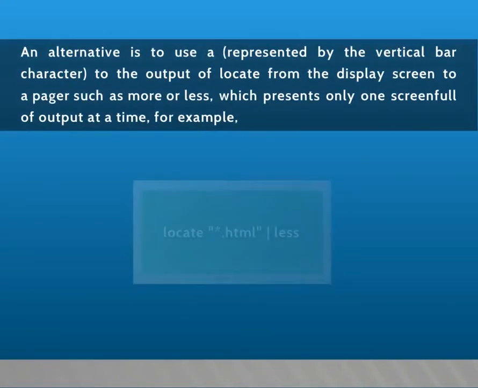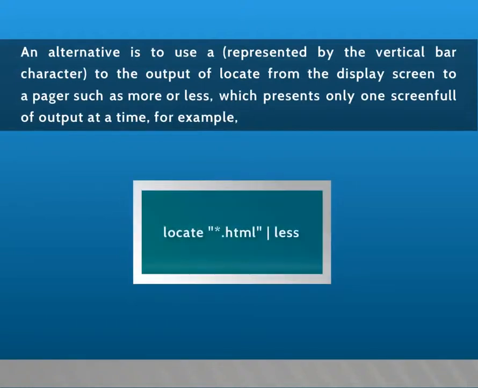An alternative is to use a pipe that is represented by the vertical bar character to redirect the output of locate from the display screen to a pager such as more or less, which presents only one screen full of output at a time. For example,